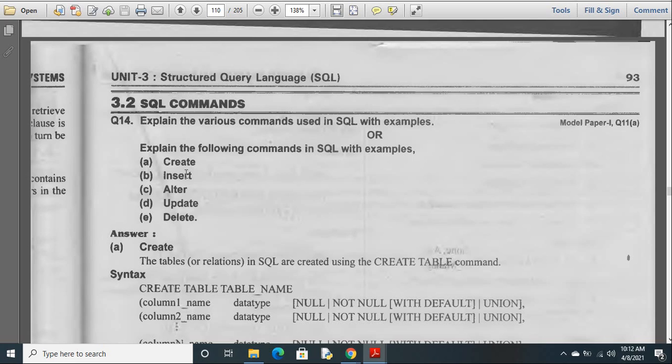You just tell me if you have any doubts in these four SQL commands.